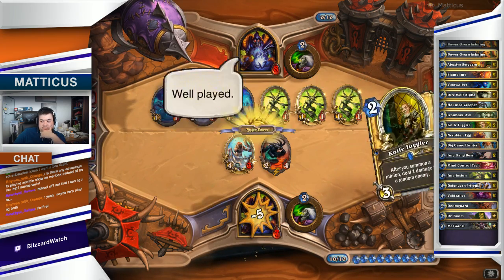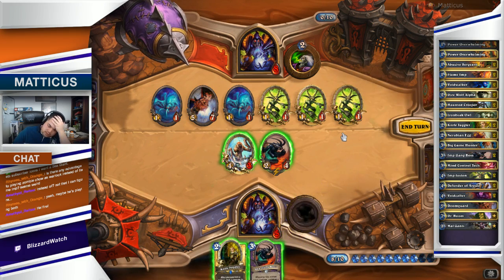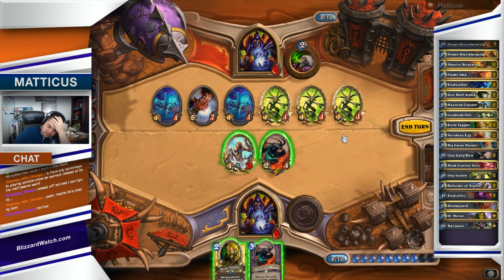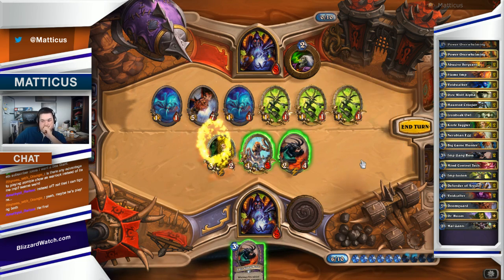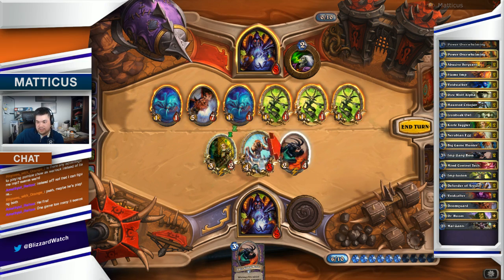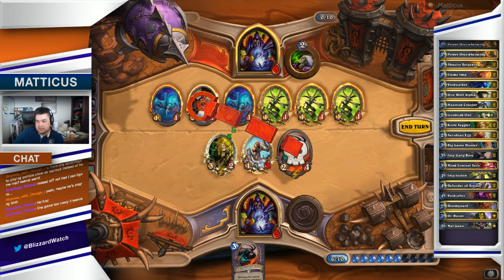Oh, I hope I have some damage spells in here somewhere. Shoot. 6. One, two, three, four, 5. Oh, that sucks. Oh, well. Actually, just for fun, let's see if this hits. I can't win right now. They have 6 damage here, and he's got enough, like, dorks to kill me next turn. But I want to see if...